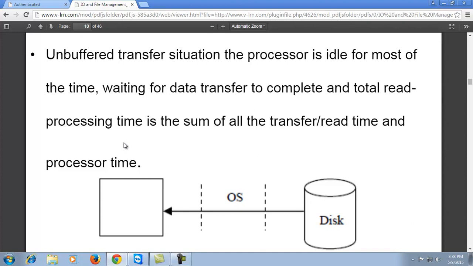It represents that the content we need to read has to be transferred directly from the physical space or other memory to the operating system, and if the content is stored from the operating system to disk, it should also be transferred directly from the operating system to the backing store for further processing. That is the unbuffered transfer.